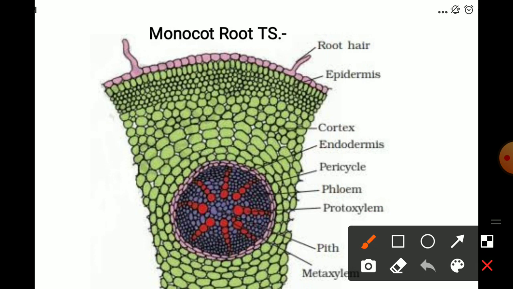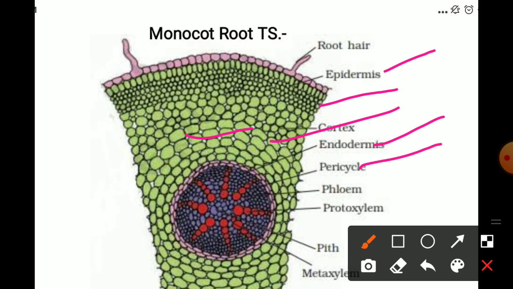monocotyledon root, showing epidermis. Then this is the hypodermal exodermis part, compactly arranged, thick wall, lignified cells composing the hypodermis or exodermis part of the cortex. Then there is a really massive, loose, soft, delicate, porous parenchymatous cortex with intercellular spaces. Then there is the endodermis, the innermost layer of the cortex. Below the endodermis there is a pericycle.